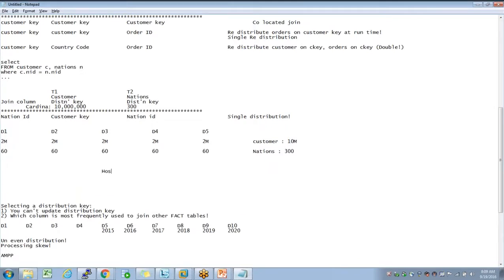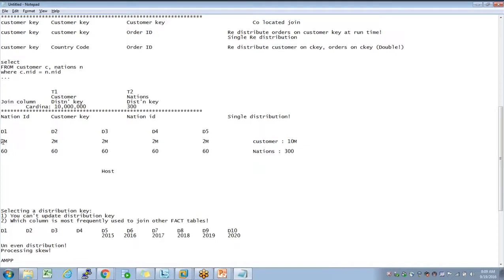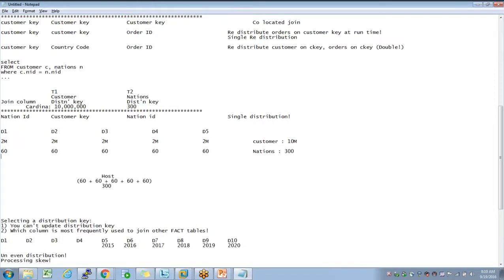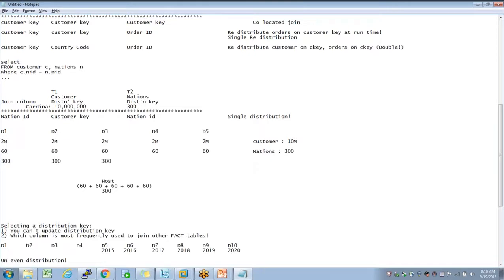Now the host comes into the picture and says, buddy, instead of you redistributing this entire data for just a small result set, let me take all the records of nations, 60, 60, and combine them into one large set. And let me put this large set in a temp area of each and every disk. So whenever any record in this 2 million needs a nation, it's available here. So instead of redistributing the big table, let me send the whole set to each and every disk. That way I can minimize the data movement. So if something like this happens, this is called